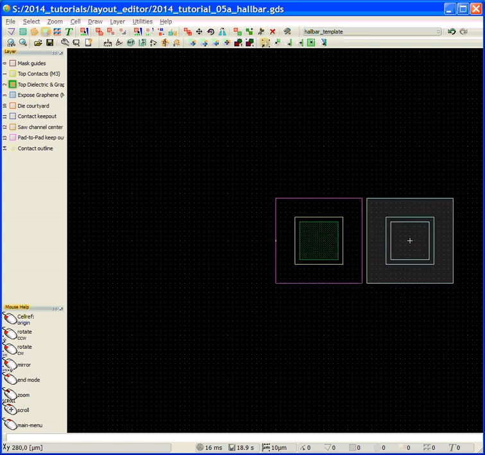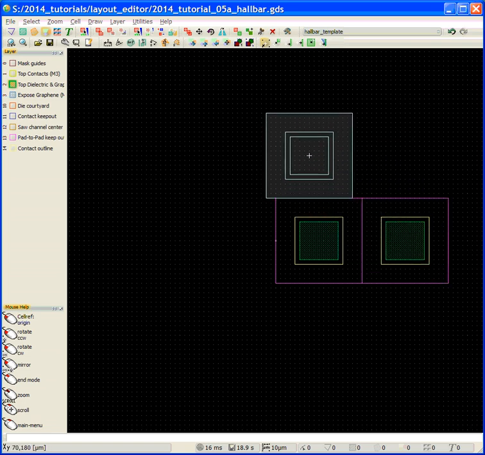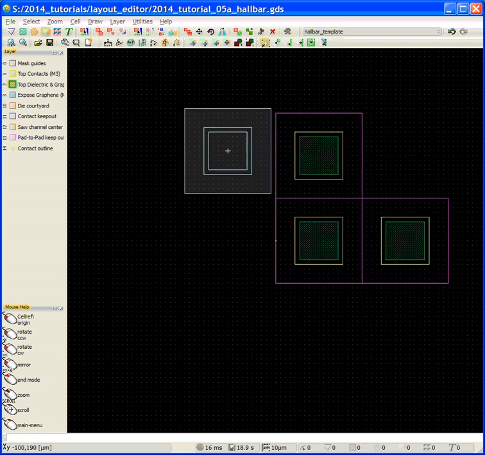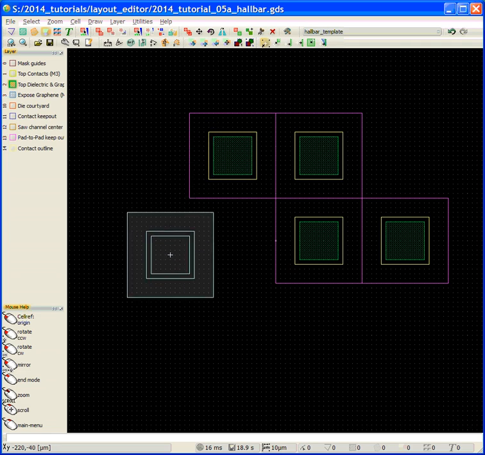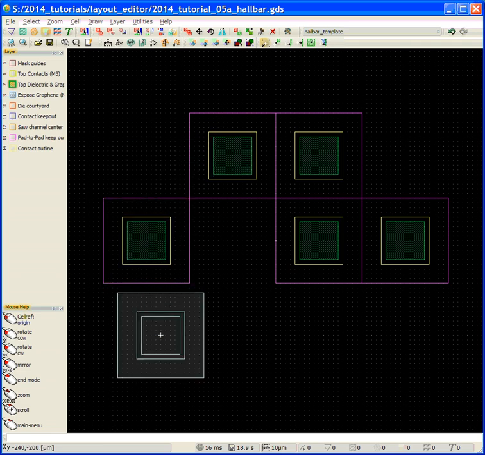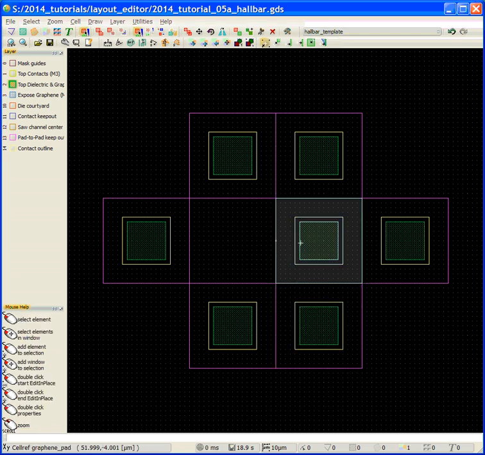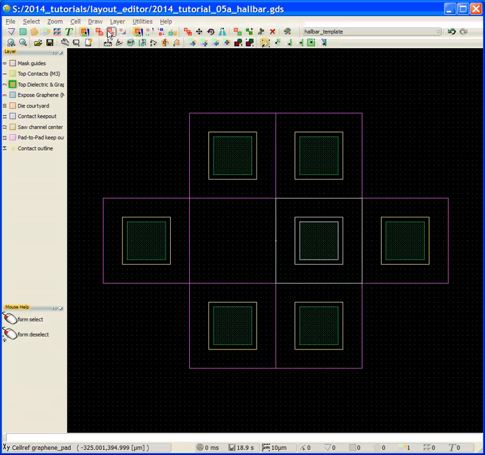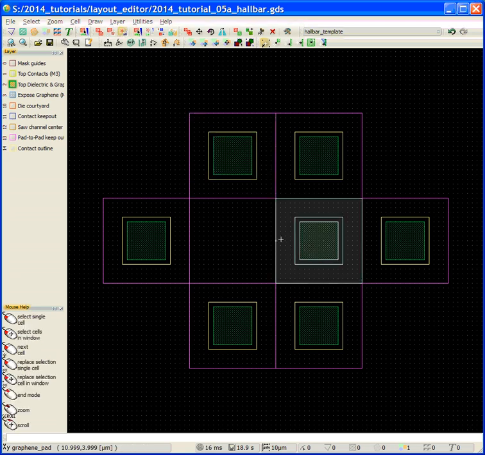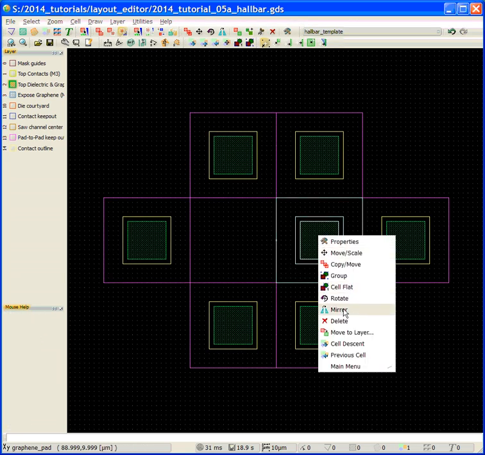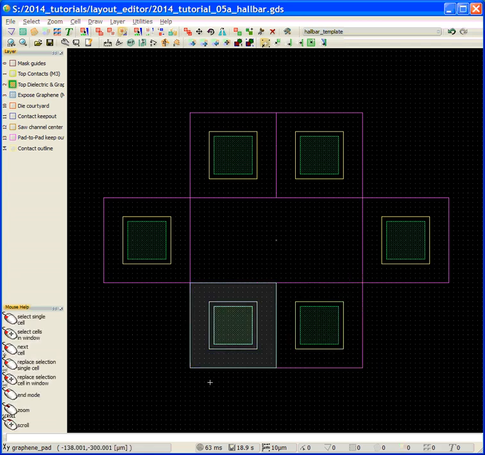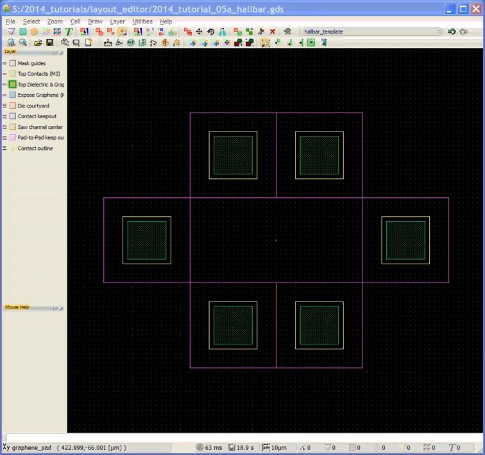I'm going to place an extra pad here just to get my spacing right. There we go. And then we're going to select this cell and delete it. Okay, there we go. And now I've created a list of